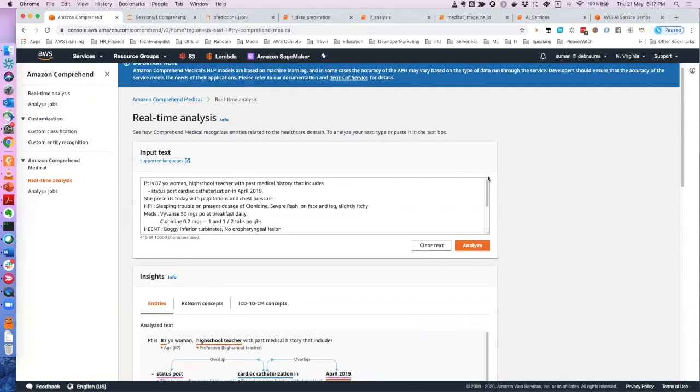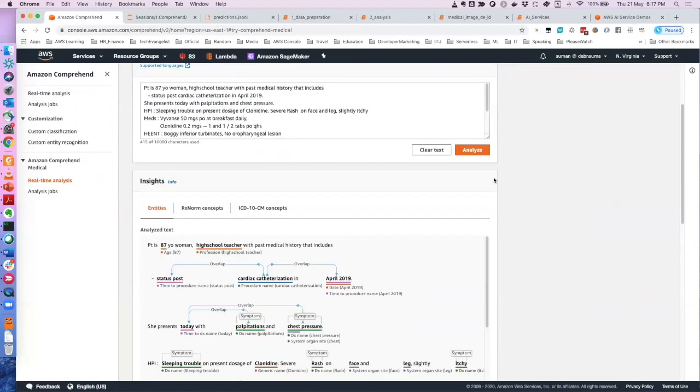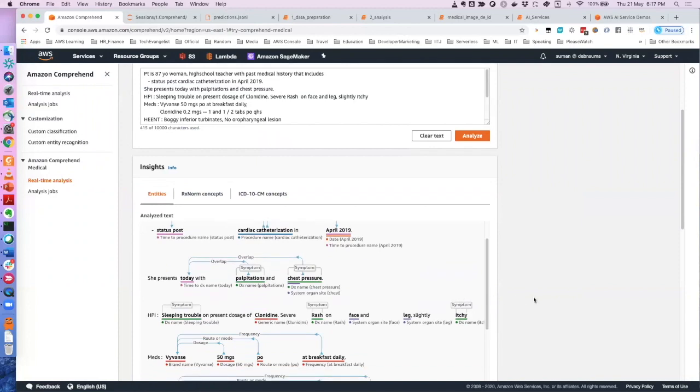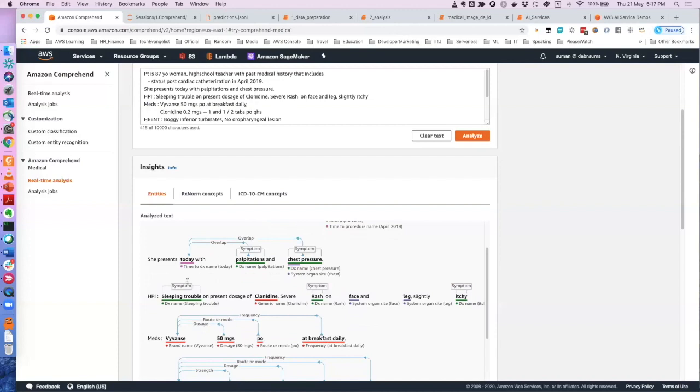So what Comprehend Medical can do is, whenever you pass some text like that, it can categorize the data or keywords into different categories. If you say chest pressure, it can say that this was the symptom, and when you say today, it will map that to the date and time. It can also detect the medicine names you have mentioned. So it can make the whole text very informative, not just a dead sentence with some text. This is very, very useful in the medical domain.